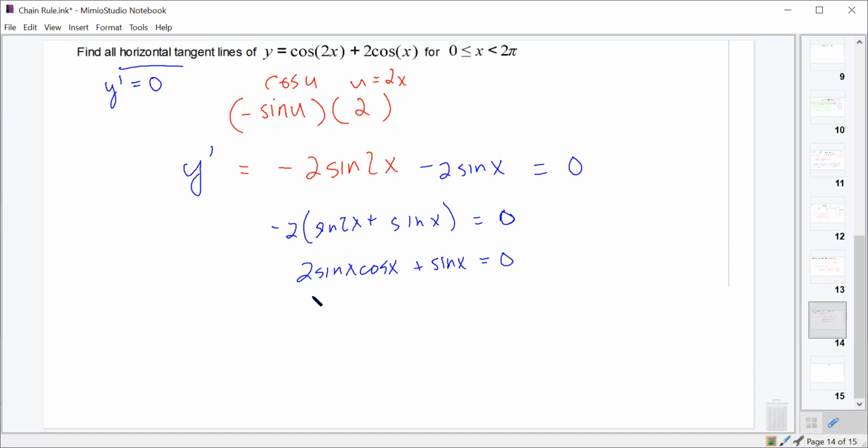Factor out the sine. Sine x times 2 cosine x plus 1 equals 0. Set each piece equal to 0. Sine x equals 0 and 2 cosine x plus 1 equals 0. And when on the interval from 0 to 2 pi does sine of x equal 0? Well, at x equals